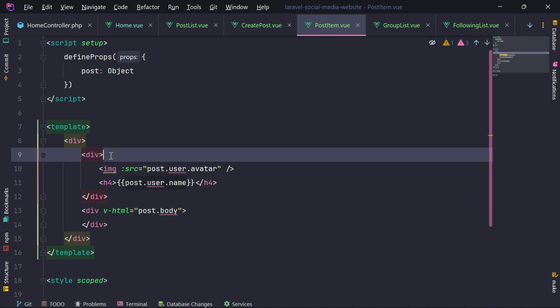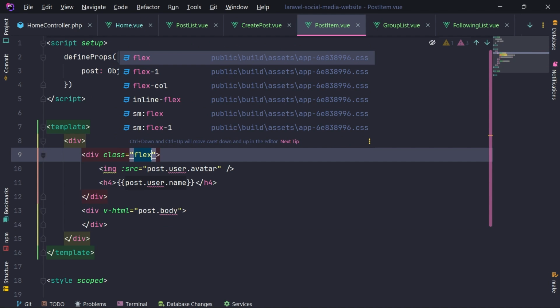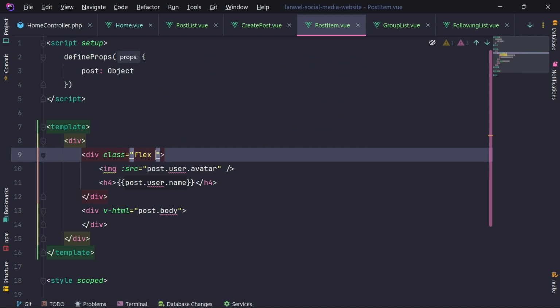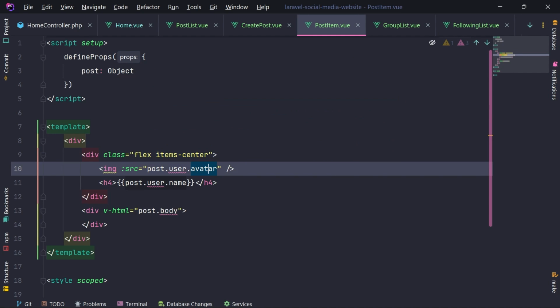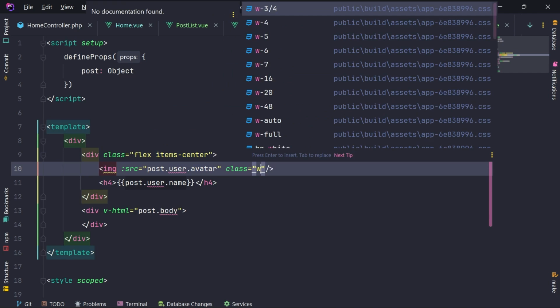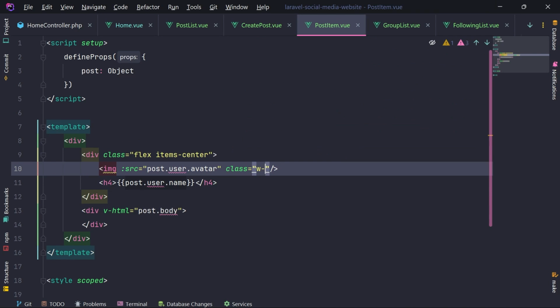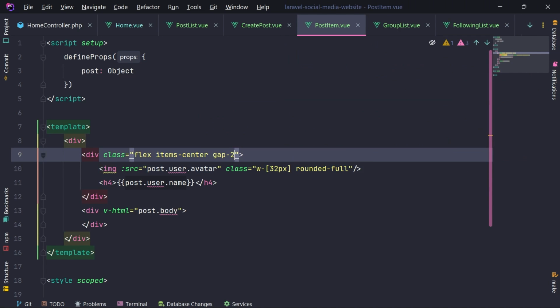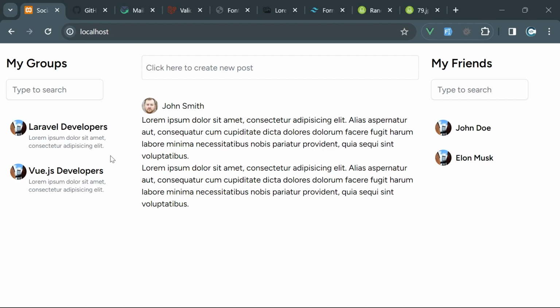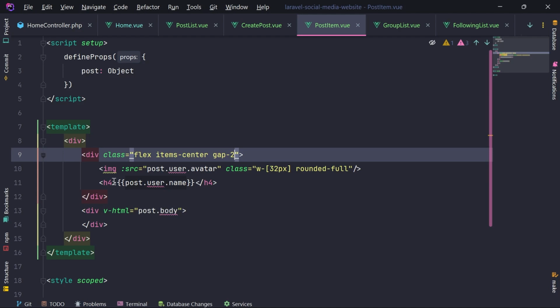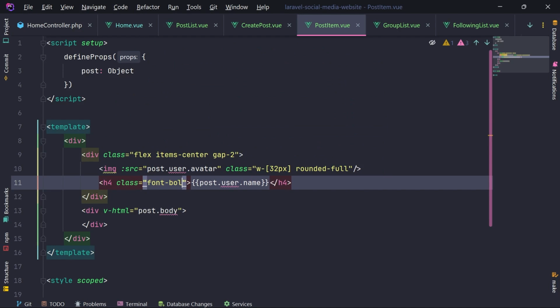Let's align this image and the name properly. Align items center. Let's give this image width 32 pixel. Let's give this one also rounded full and gap of 2. Okay, so that user with this name, let's give this font bold as well,